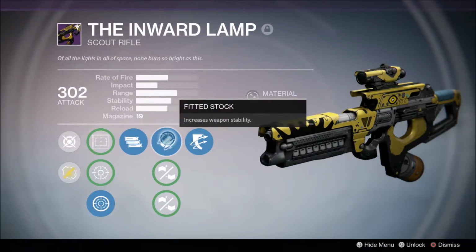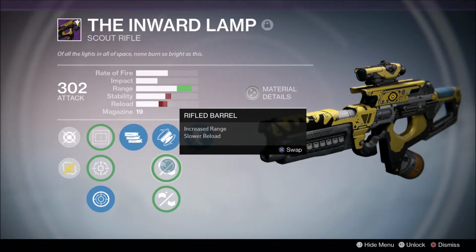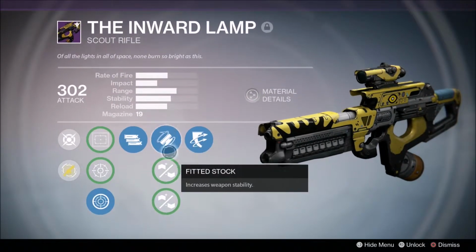We've got fitted stock, which I'm using at the moment, but I've got another option. I can use rifle barrel, which I'm probably not going to do because it decreases the stability. And then I've got small bore. I could potentially use that, but it decreases the reload and the magazine size. And then I have got